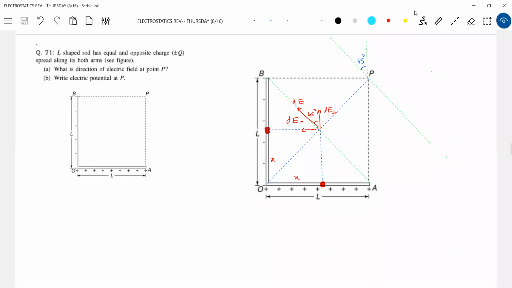Along OP it will be 0, no, sir. If we see the figure also, you got D bar perpendicular to OP. This will be perpendicular to OA. So this field is perpendicular to OB. So then these components will cancel out. These components will get added up, no? That is why I told 0, sir. These components will get added up. You asked OP, sir.